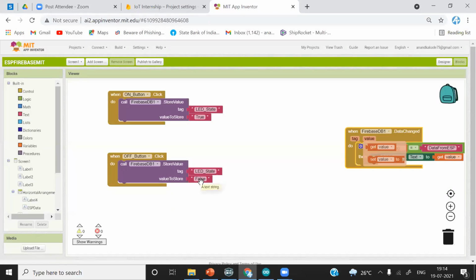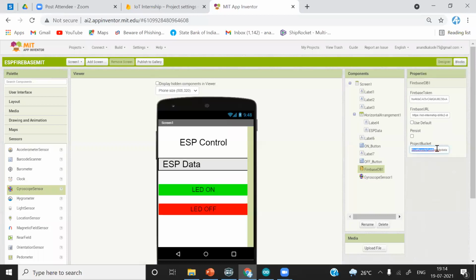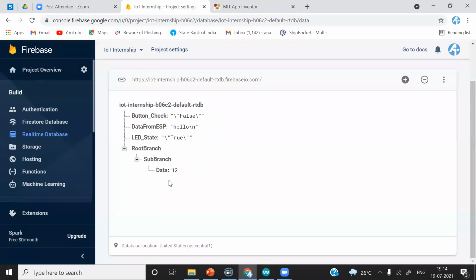So if you want to write data to a different path, you can just add another name here. By simply adding another name, you can create another path. And if you want to create an entirely different path, then you must add this project bucket, and at the lowest level, which is data in this case, your app will operate. It will take data from that branch. For example, your app will operate in the sub branch. Whatever objects are available under the sub branch, the access will be available for your application.